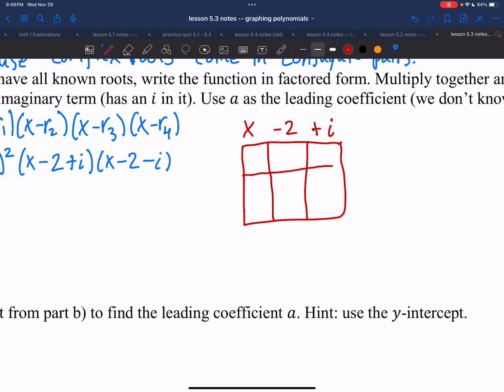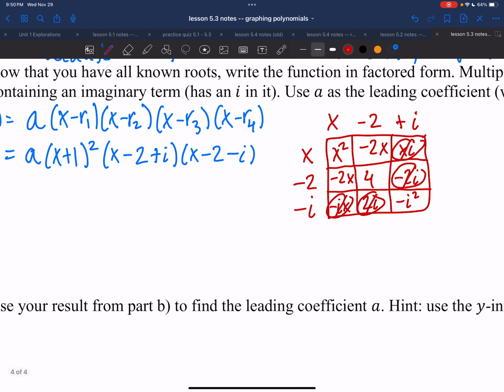What you're doing is distribution of two trinomials. This is x minus 2 minus i. x times x is x squared, then -2x, then xi, then -2x, then 4, then -2i, then -ix, then a positive 2i, and then -i squared, which is -1, so it's a positive 1. So you'll notice this and this cancel, this and this cancel, and so what I'm left with is this thing